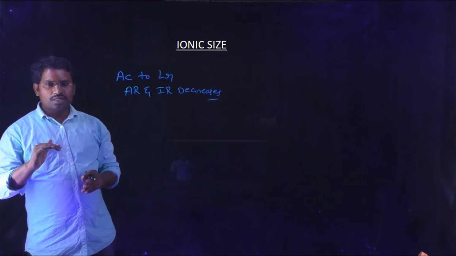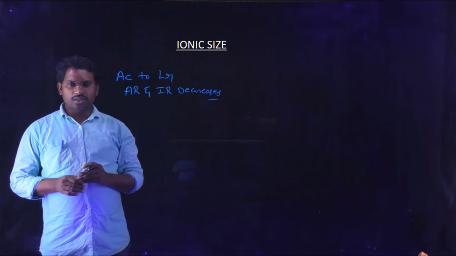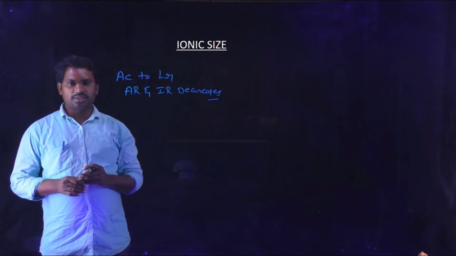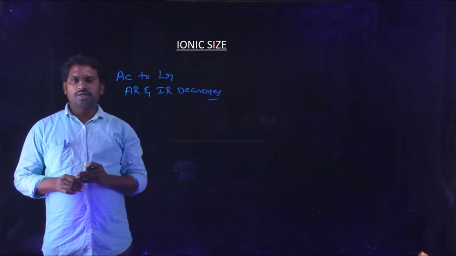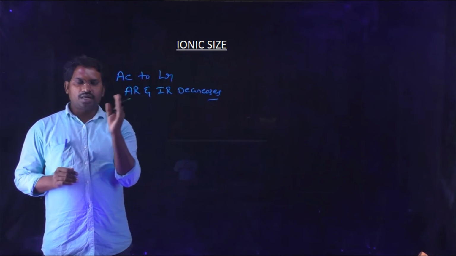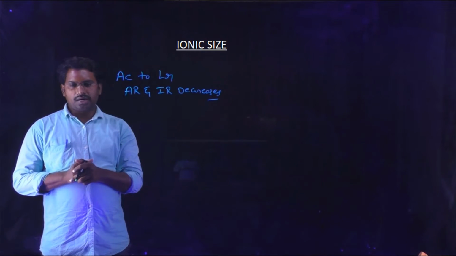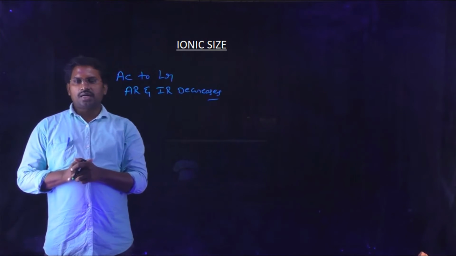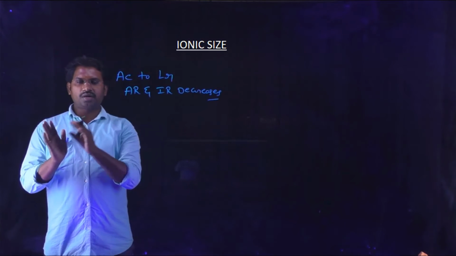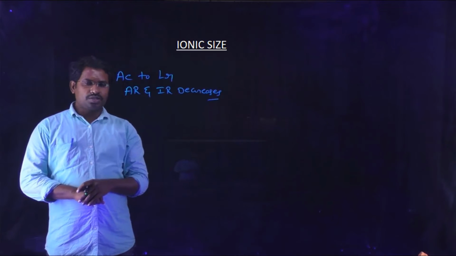The same concept is taken in the case of lanthanides. There is a lanthanide contraction, which we discussed in the last class. What is meant by lanthanide contraction? The decrease in the atomic radii and ionic radii of lanthanides is collectively known as lanthanide contraction. Lanthanide contraction is due to the poor shielding effect of the 4f subshell. The same concept is also taken here.